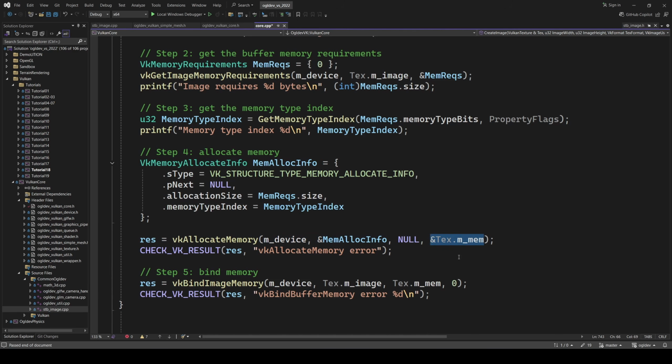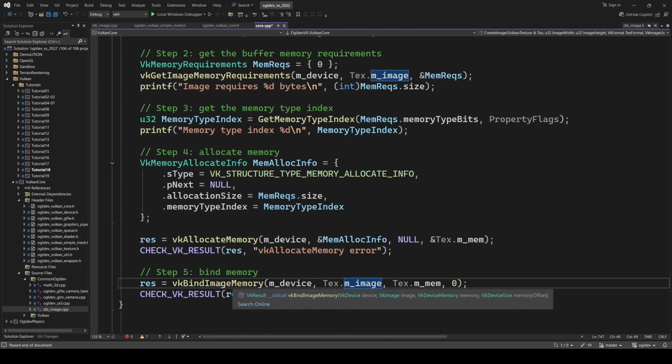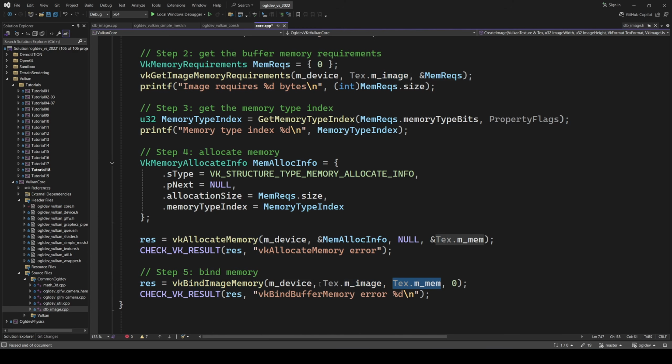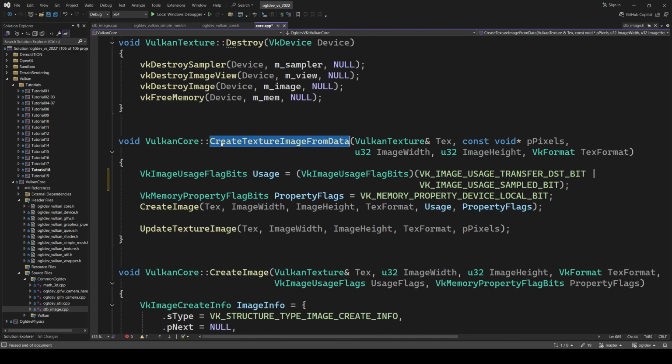So we call allocate memory on the device and the address of this structure, and we get the result into the VulkanTexture. And now all we need to do to finalize the image object is to bind the memory to the image object. So again, bind image memory does that, same as the vertex buffer. So we have completed the first part of this function right here,